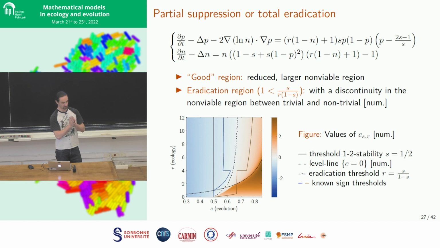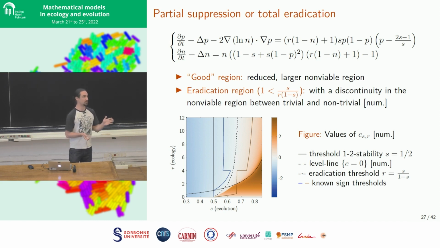It's related to the way we compute the blue and brown curves. On the left of S equals 1/2, you can verify that you have a pulled wave, and so it's not going to be reversible. So it's a bad region. Then you can improve the blue curve thanks to the estimates with the h to the power 4 that comes from your paper. But you can hope at least that on the right of S equals 1/2, it's going to be in some sense bistable. It's not quite bistable because you have the eradication case where you cannot compute the stability, but still.